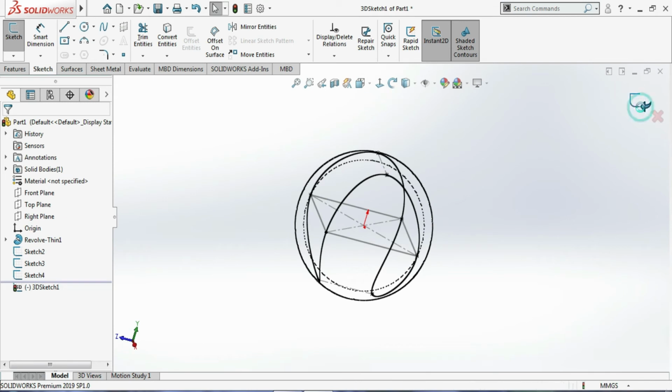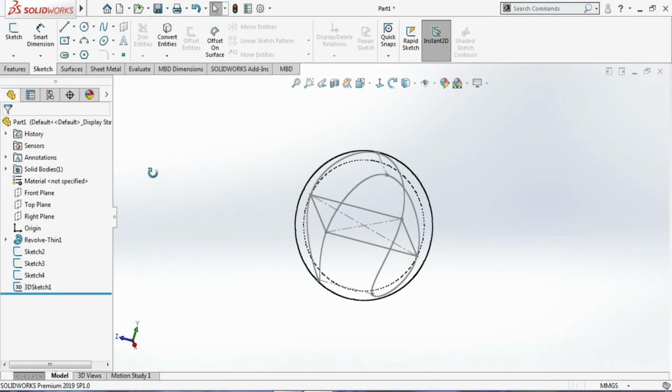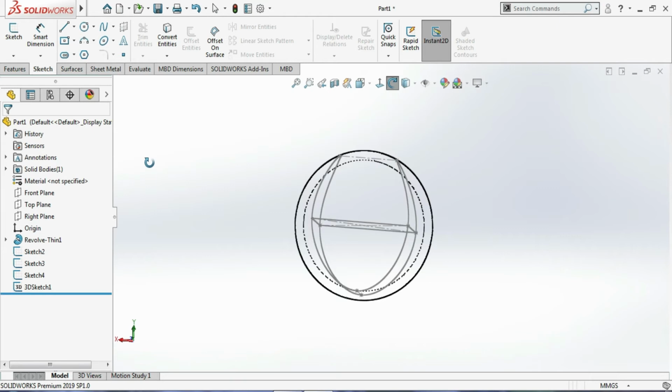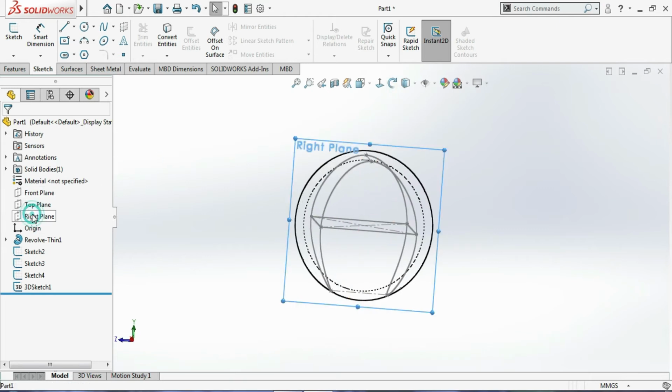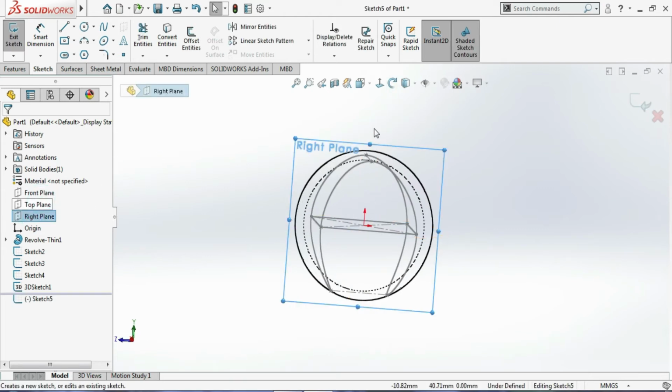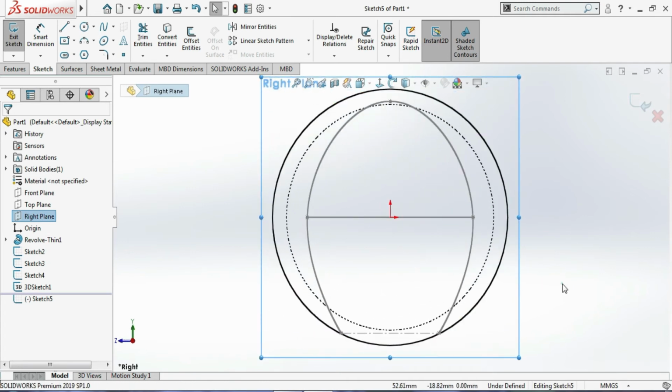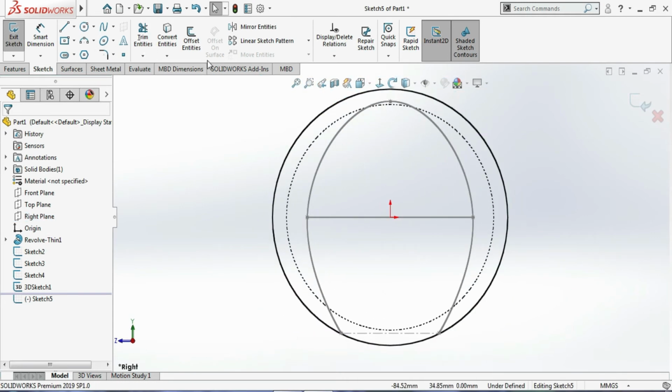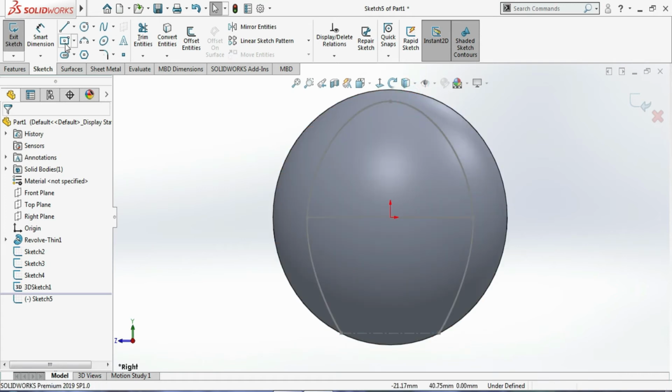Now come out from the sketch and I'll select one plane. I'll choose the right plane and click on the sketch and make it normal to the sketch. Now you can change this view mode also. So I will go with the slot.